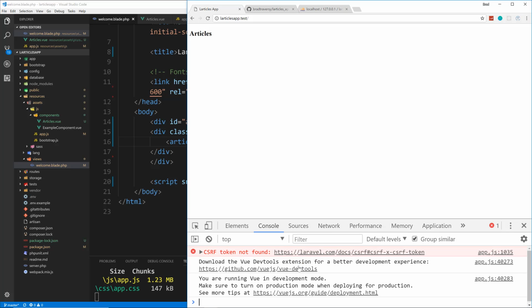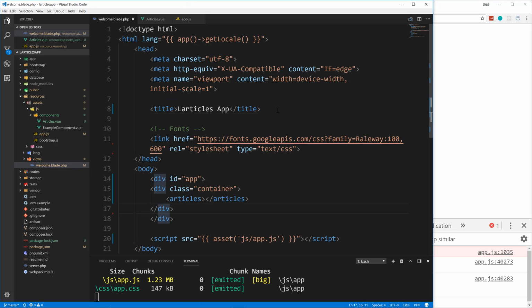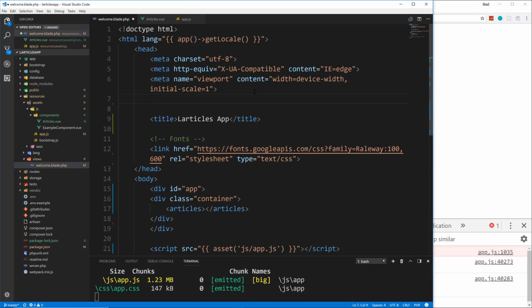And if we open up our console, you're going to see this CSRF token not found. So if you're going to use the Vue front end, you need to add this to your head area. So we're going to go up here and add a new meta tag. We're going to say meta name, and set this to csrf-token, and this just protects against cross-site forgeries. We're going to set the content to, oops, that should be in here. I'm going to set the content to